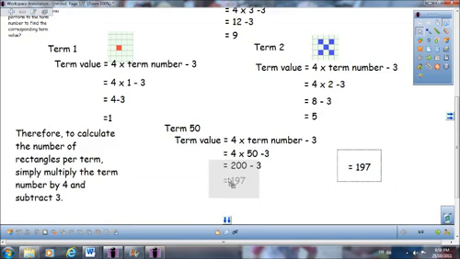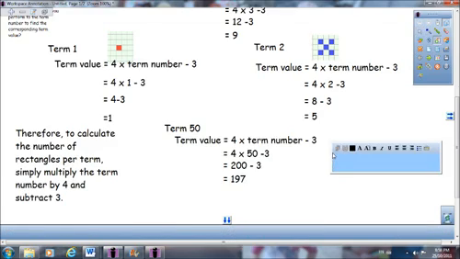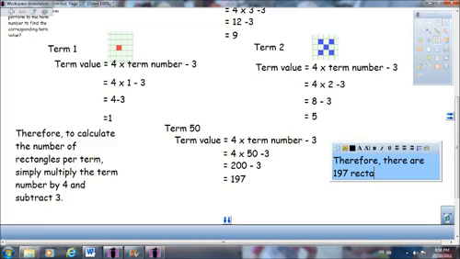Don't forget to run a double check on your calculation. So if you do 4 times 50 to get 200, double check by doing 200 divided by 4 and you should get 50. Also do a double check of your subtraction. 200 minus 3 is 197. Do the opposite operation, 197 plus 3, and you should get 200. By running your double checks in your calculation, you can guarantee that you're correct. In your final statement, therefore, there are 197 rectangles in the 50th